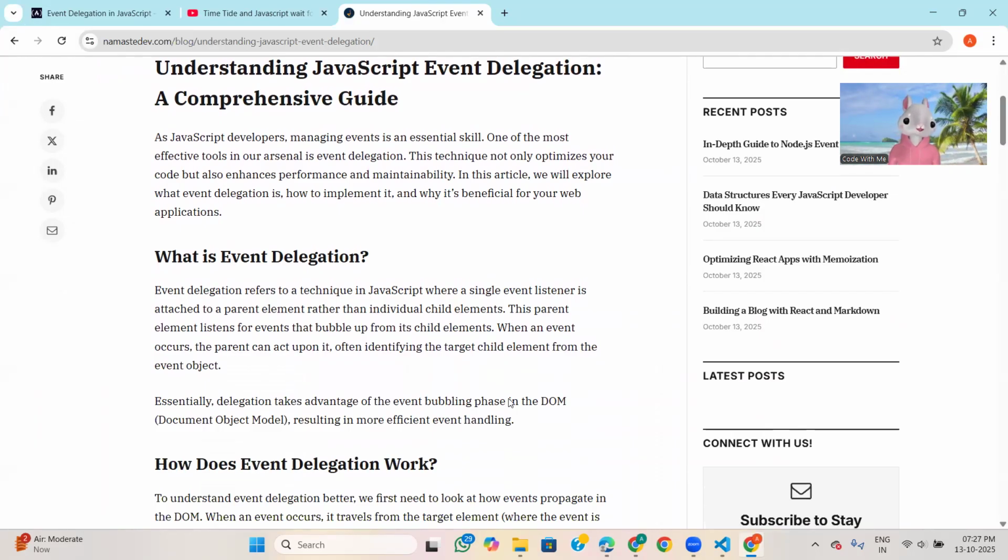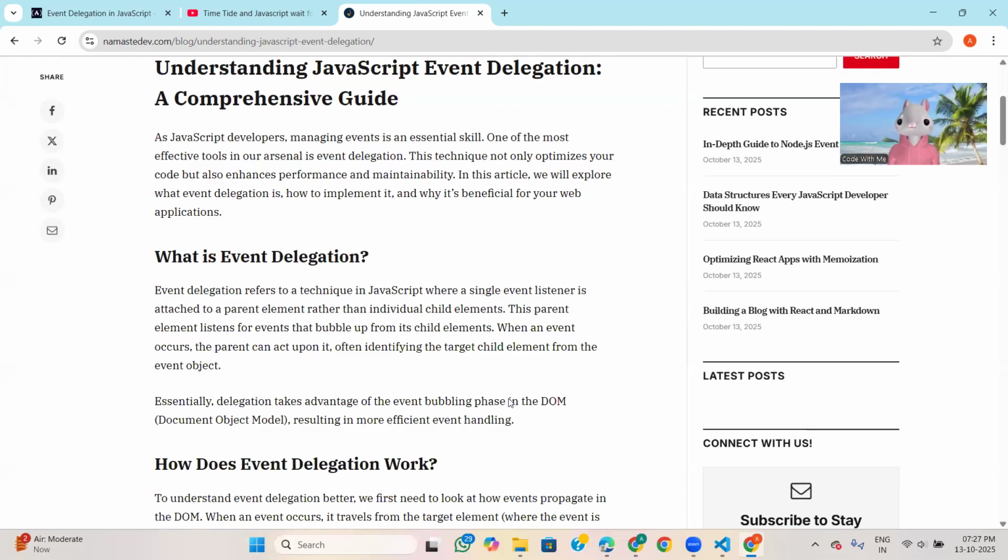This parent element listens to the events that bubble up from its child elements. When an event occurs, the parent can act upon it, often identifying the target child element from the event object. Essentially, delegation takes advantage of the event bubbling phase in the DOM, resulting in more efficient event handling.